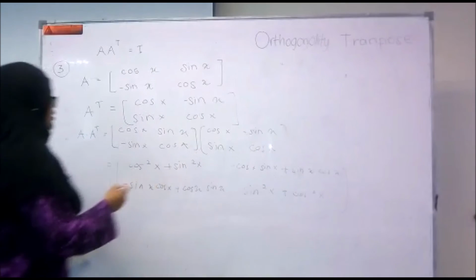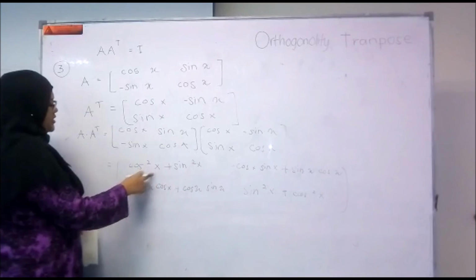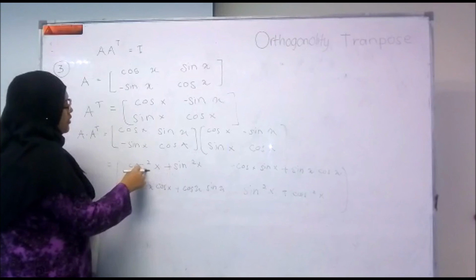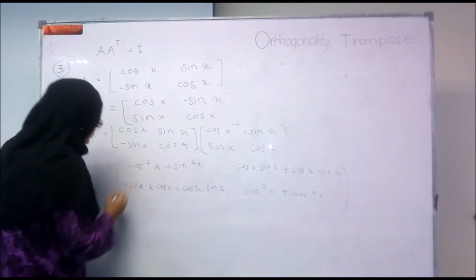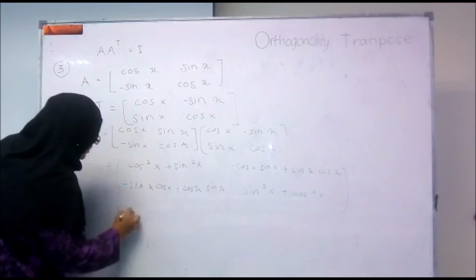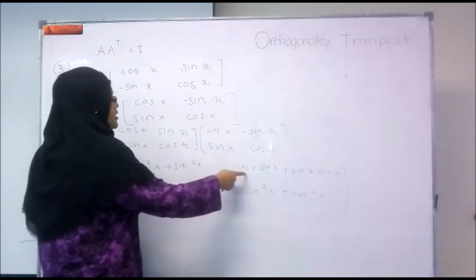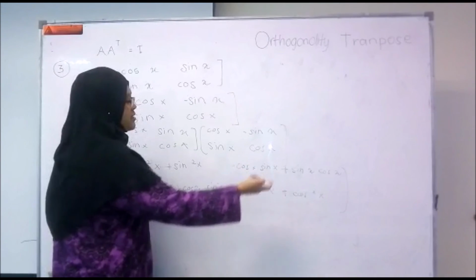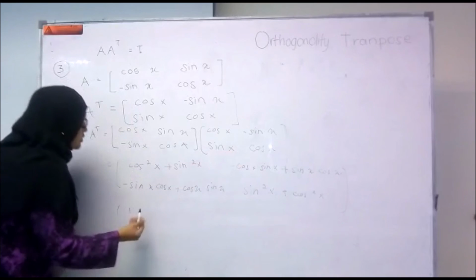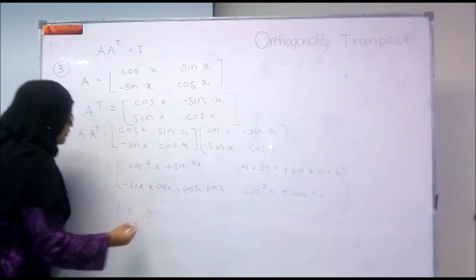As we know, cos square x plus sin square x is equal to 1. Negative cos x sin x plus sin x cos x is equal to 0. Negative sin